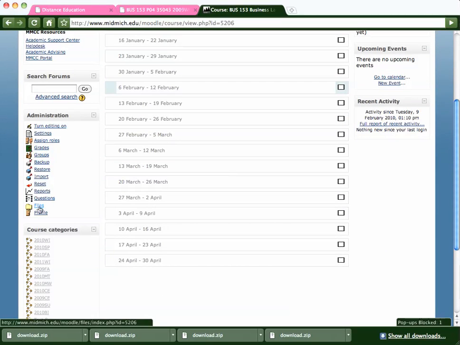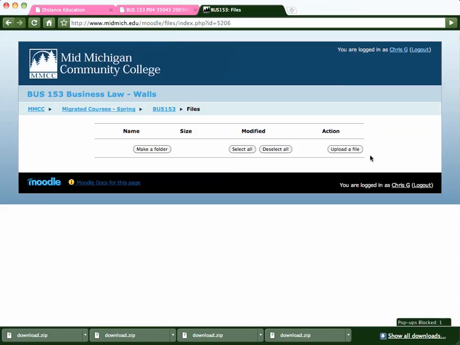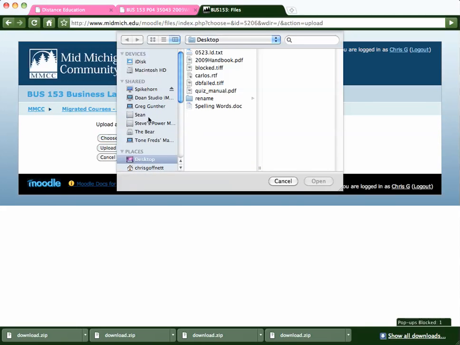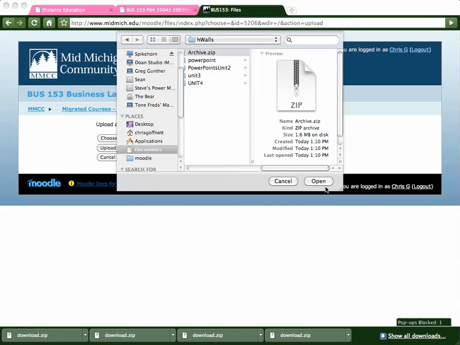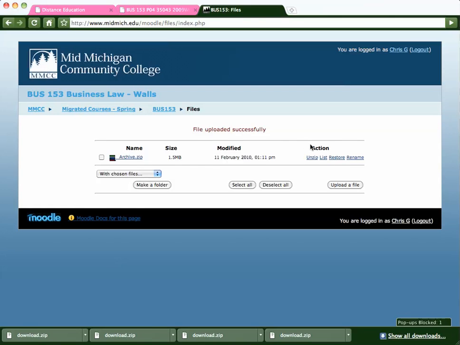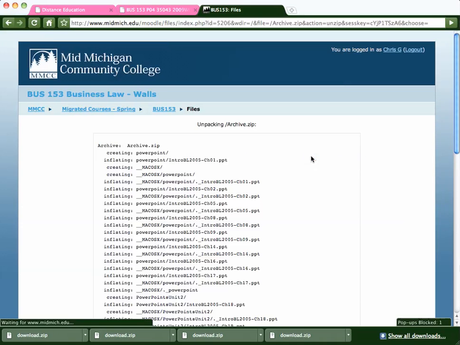I'm going to click Files, and then I'm going to upload a file. I'm going to browse out, and I'm going to select the file that I just downloaded. Or rather, I select the file that I just zipped. Okay, and then I'm going to click Upload this file, and we can see that it's uploaded. I'm going to unzip it to unpack it,